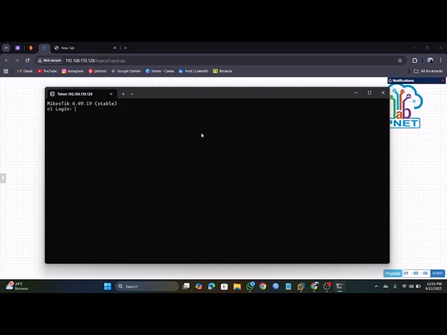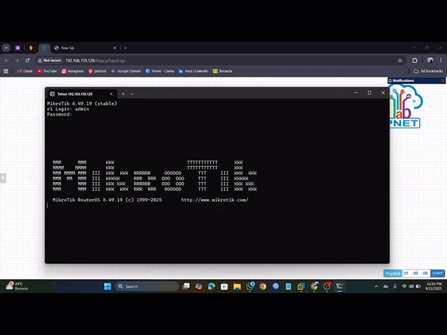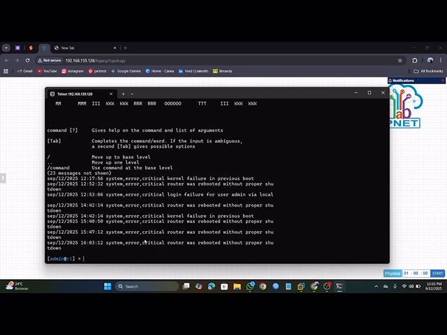Press enter and type admin in login, press enter, and tap N. Then enter your password. Okay, this is a successful login.